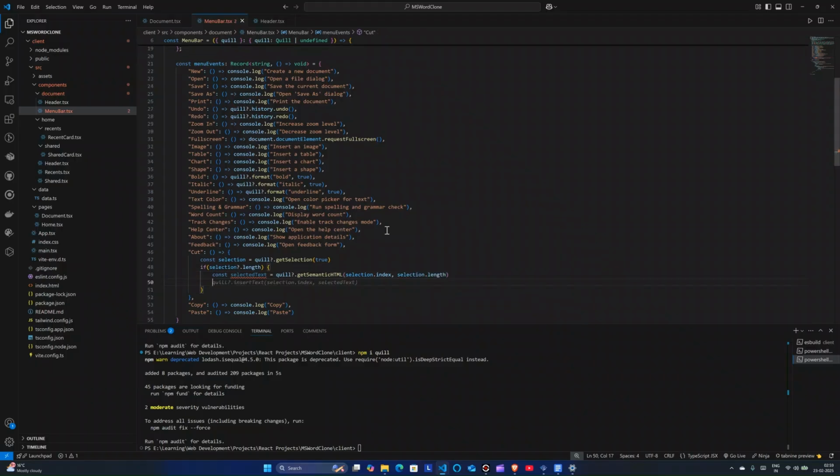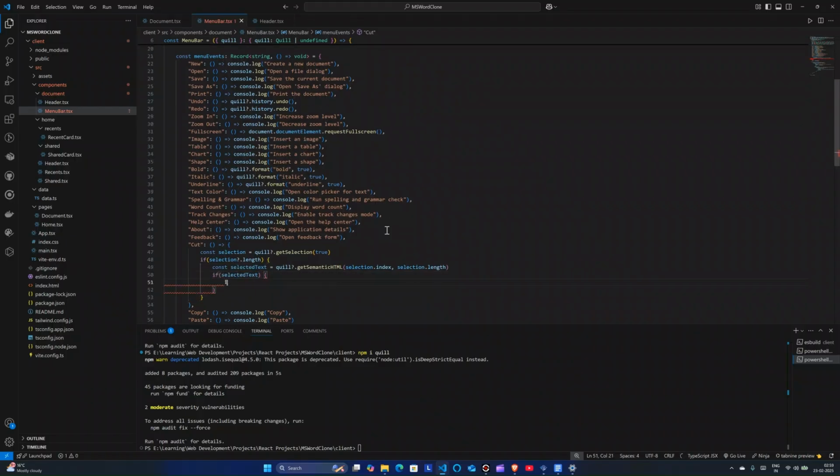All right, we will be getting the selected text basically, and if selected text, then what we will do is